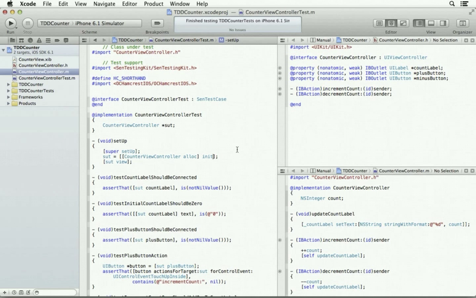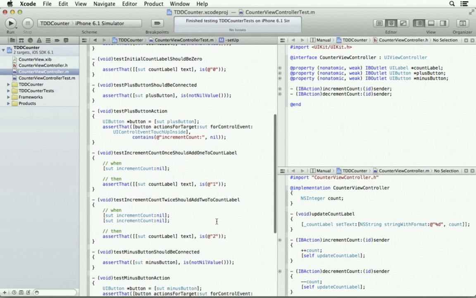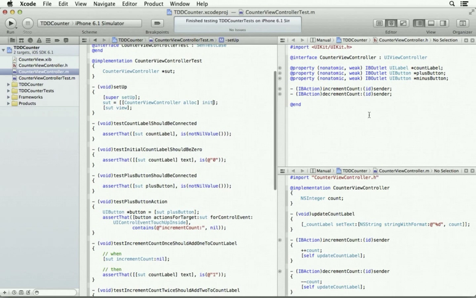Here's what we created last time. We have the test code over here on the left. On the right side, we have the production code with the header up above and the implementation down below. And that's it. That's the full implementation right there.